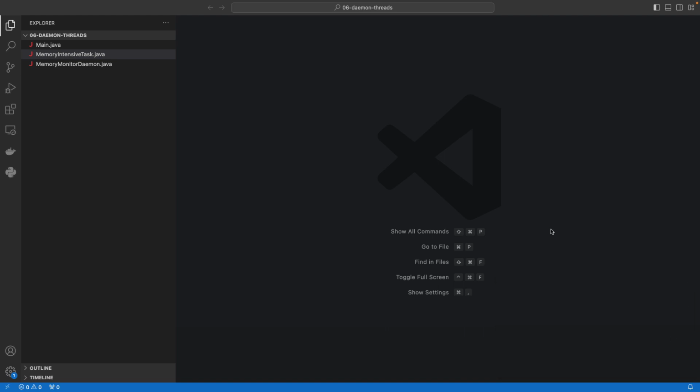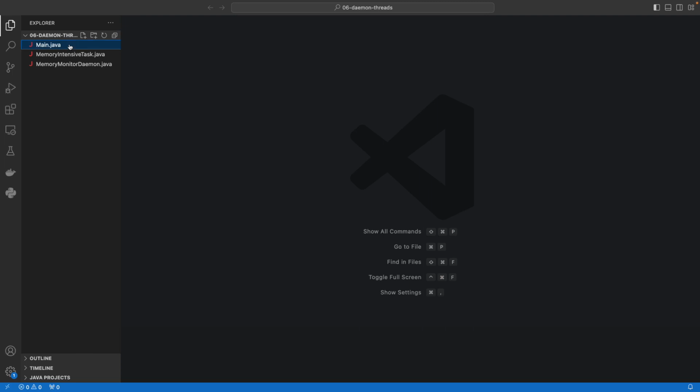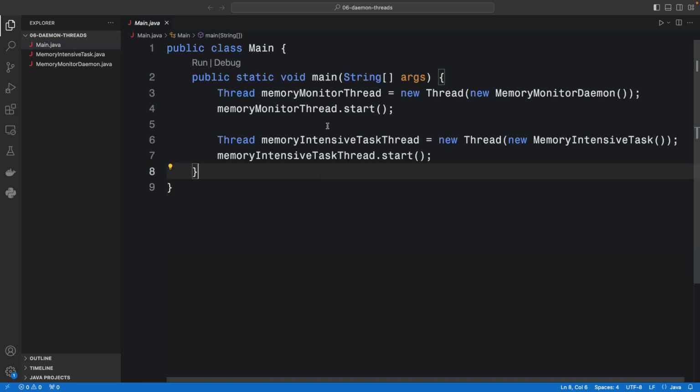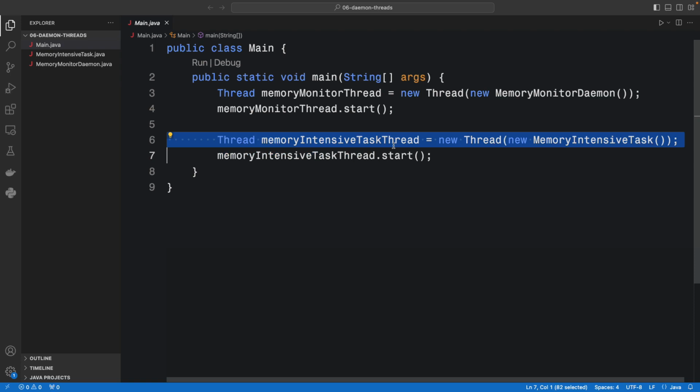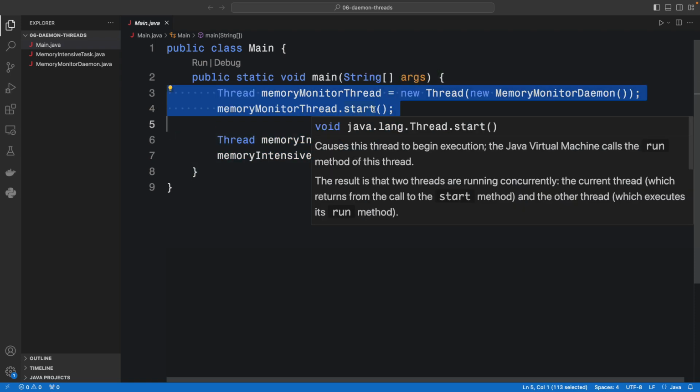All right. We can go ahead and open up main.java. So here, to keep things brief, we've got two threads. A memory-intensive task thread that's going to perform a very computationally intensive task. And as it's performing this task, another thread is going to be running in the background and monitoring the memory